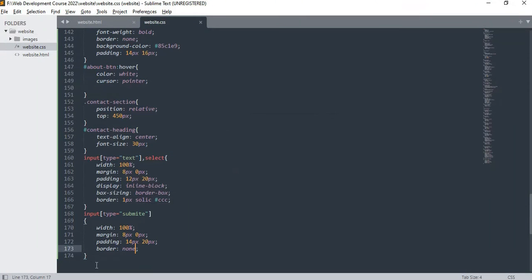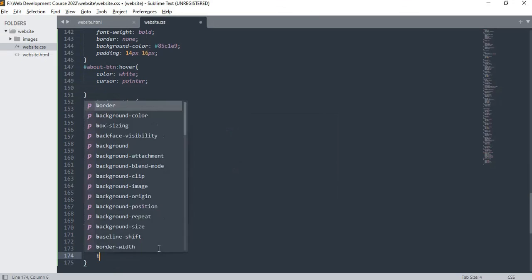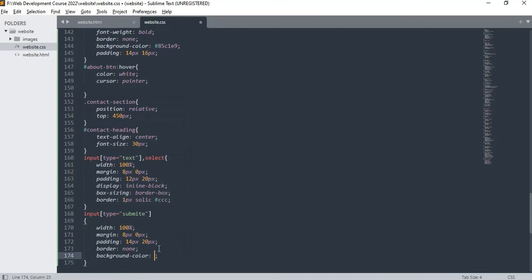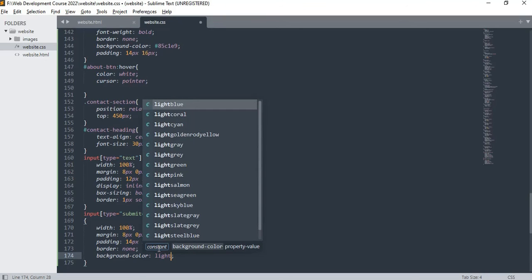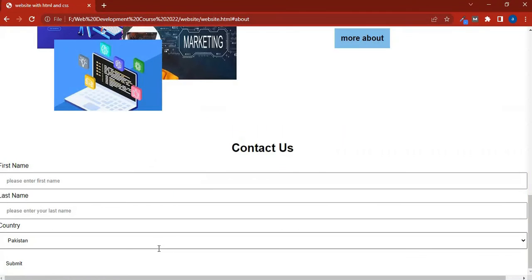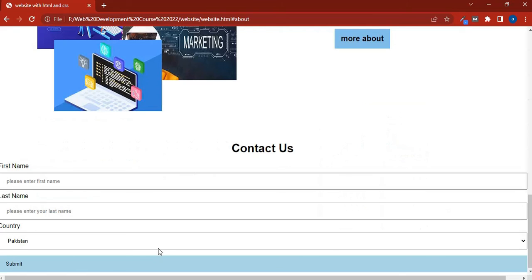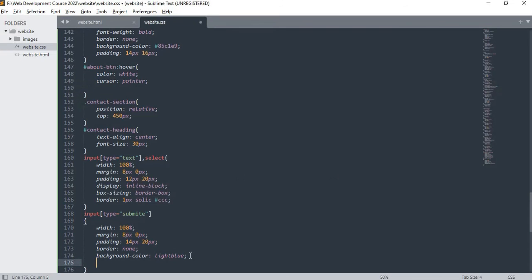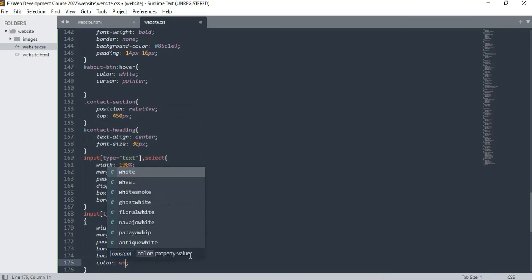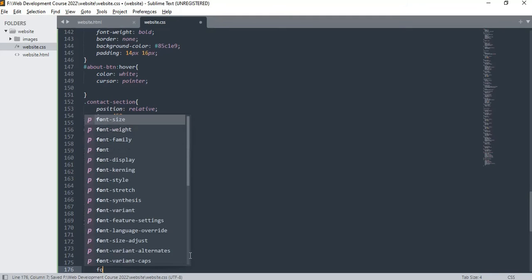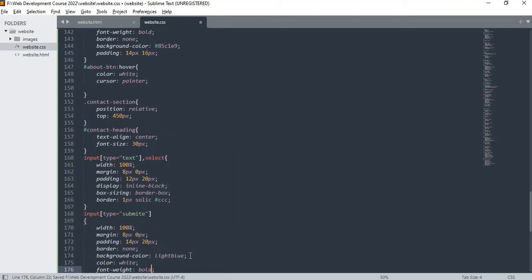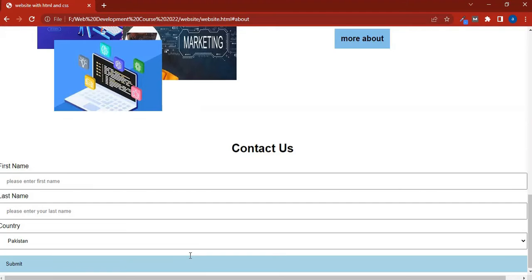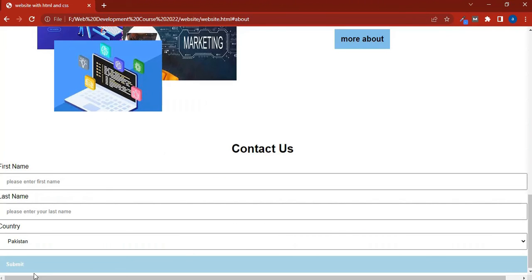We change the background color to light blue. If I save it and reload, so now light blue color is here, and the color of button white, and the font weight to bold. Okay,